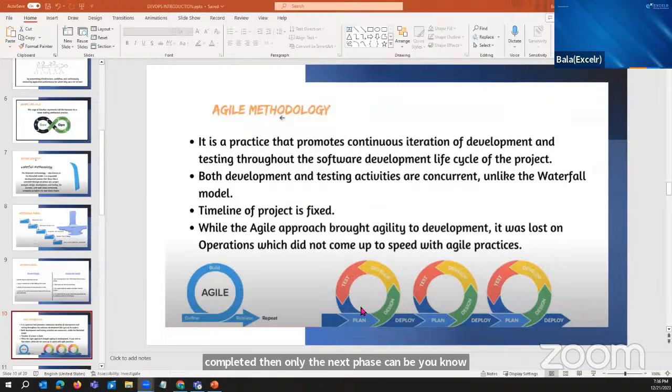That means it's going to be repetitive. In parallel, the development activities and the testing activities are going on. You can see plan, design, develop, test. Plan, design, develop, test. It's kind of a sprint. So the timelines of the project are fixed. But what were the disadvantages here? If you see,